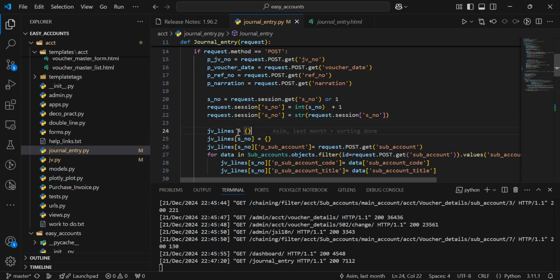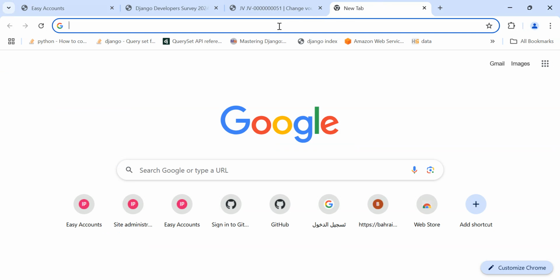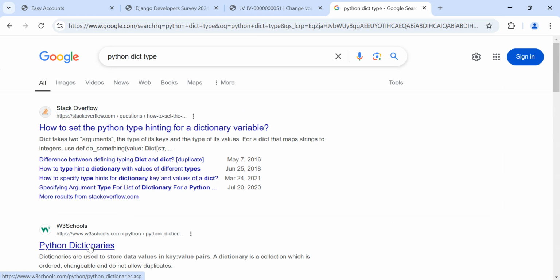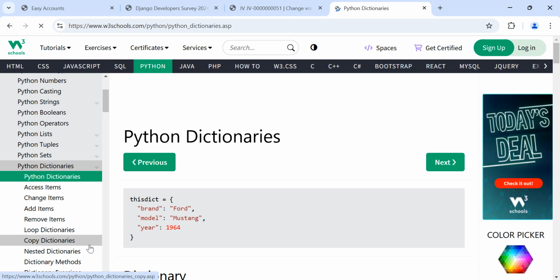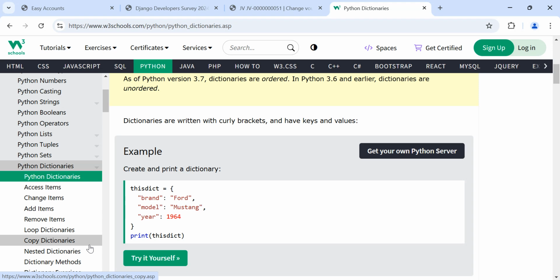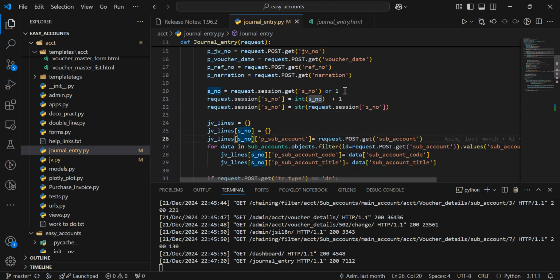And there is one data type in Python which we call the dictionary data type. It is same like the JSON data type. This is one of the very powerful data types of Python. We are saving the things like a dictionary, same like JSON, but we are saving in nested way also. Nested dictionaries. So I created one blank dictionary here, and I am assigning a nested dictionary with the serial number which I created, and in that serial I am saying